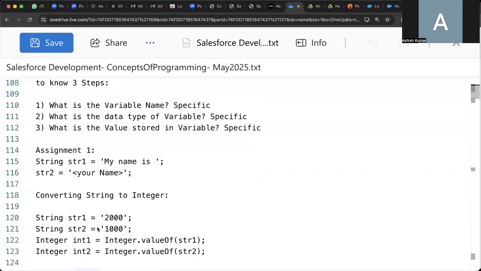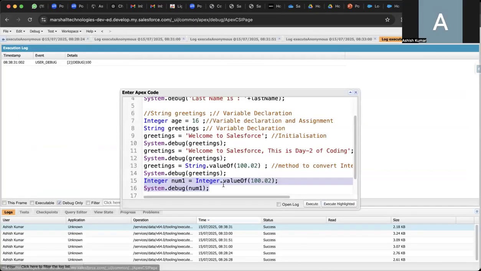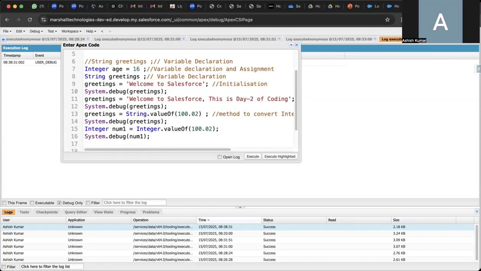All right. Converting integer to string is also possible, and string to integer as well. We have converted from integer to string in the previous case, where we converted this value from decimal to string. We can also convert from string to integer, but in that particular case the value should be of string type. Let's say the string